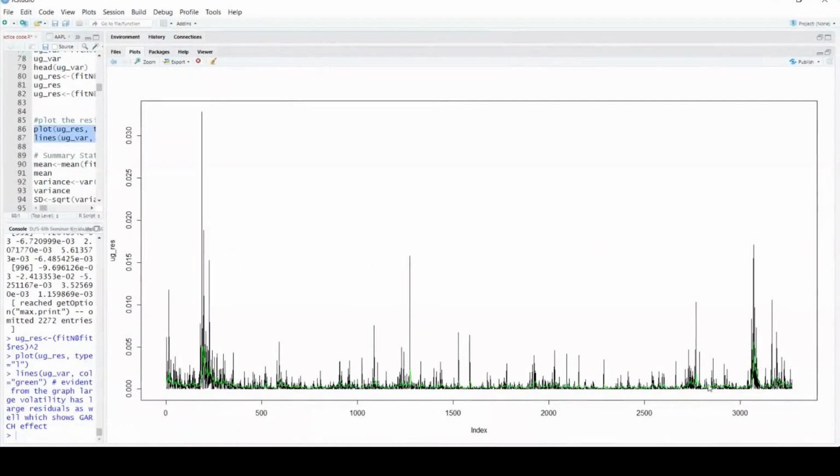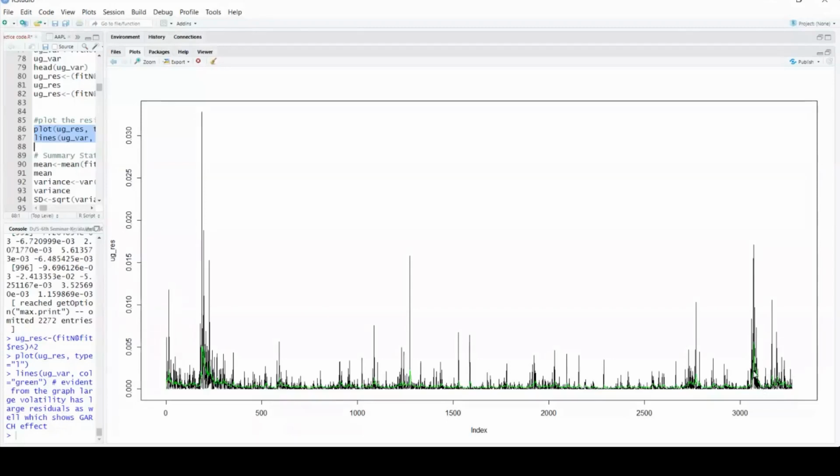Now you can see whenever my volatility is high, at that time my residuals are also larger, and whenever my volatility is low, the corresponding residuals are also low. And you can see near these observations, at the early part of the series my residuals are high, and nearly at the end, near 2020, my residuals are again larger because volatility is high. So this is also one of the plots where you can see that.